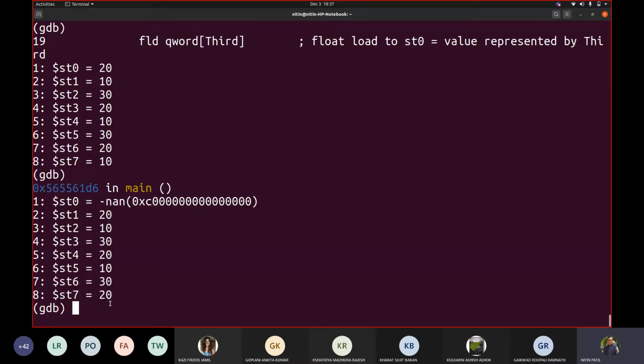Fine. Now let me answer the queries that you may have. Yeah, Maimuna, you were asking something. Yes, sir. My question was, what would happen if we put more than 8 values? So you understood now, correct? Yes. Okay, good. Any other question? So this means that we can't use more than 8 values at the same time. No, I will show you how to do that.